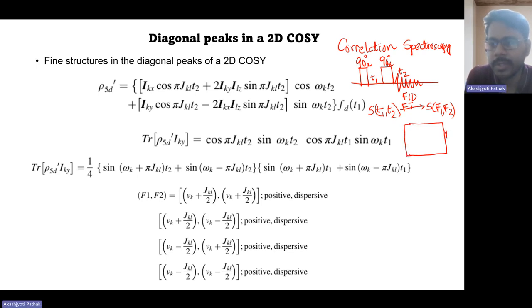So we have two dimensions. One is the F1 dimension and another is the F2 dimension. The F1 dimension is present on the y-axis, and this is on the x-axis. So what is the general structure of a 2D correlation spectroscopy spectrum? What is the general structure? So we get diagonal peaks. Okay, so this is the diagonal. So in the diagonal we have,